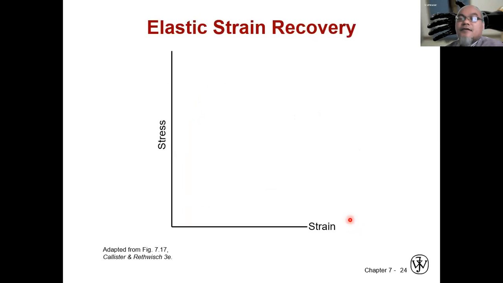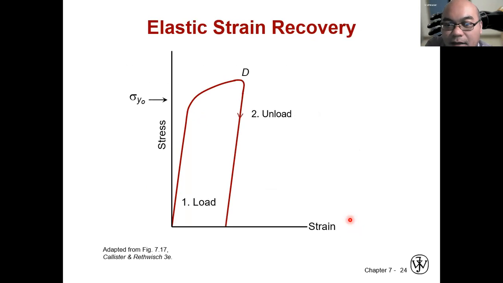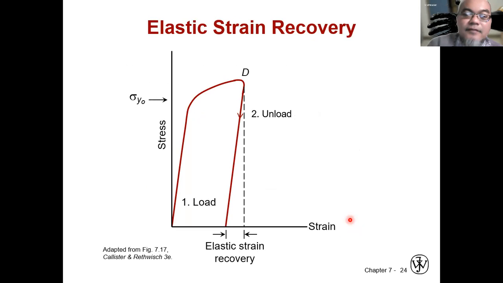Then we have what we call elastic strain recovery. When we have load, it starts to yield when the loading is above the yield strength. Then after that, when the loading is released or unloaded, it does not go back to the original condition, because it still has some plastic deformation. Now, the difference between this value of the plastic strain and the strain that it should have at the D